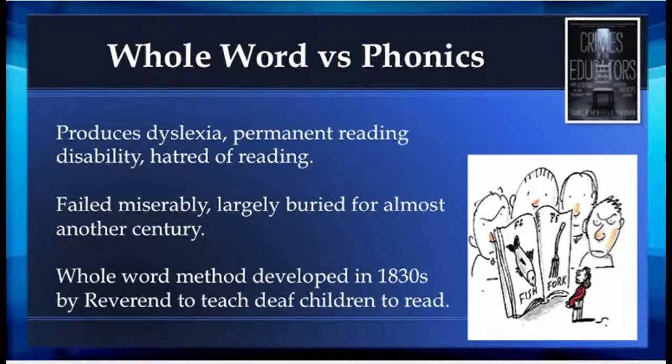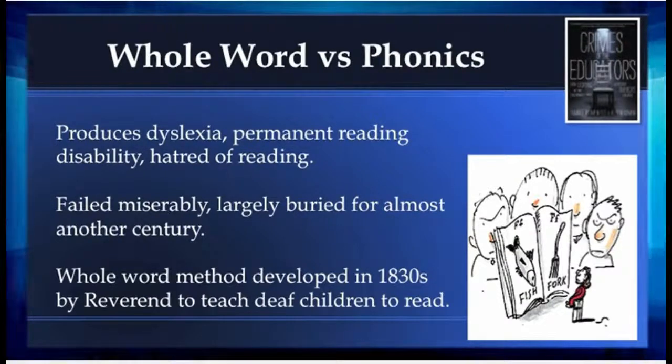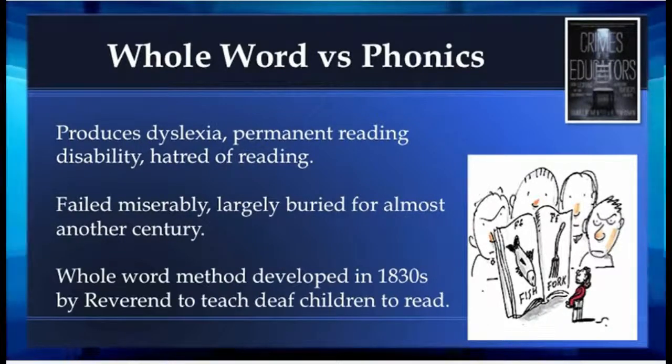And so, here's actually an illustration of it. You can see the picture of the fish, and underneath it says fish, and you're supposed to remember that when you see that combination of lines in that order, that means fish. So you're not reading F-I-S-H, and that sounds like fish. You're just memorizing it with a picture. Same thing with the fork there. So that's the whole word method in a nutshell.